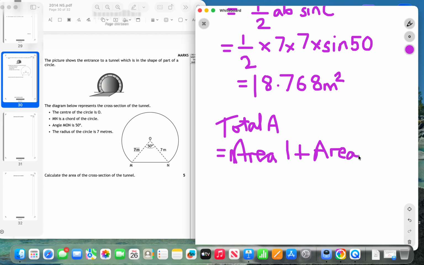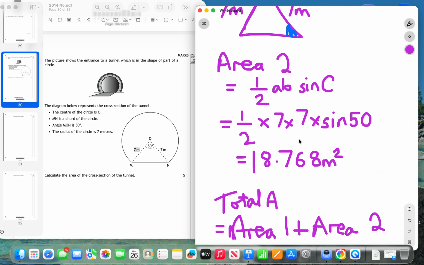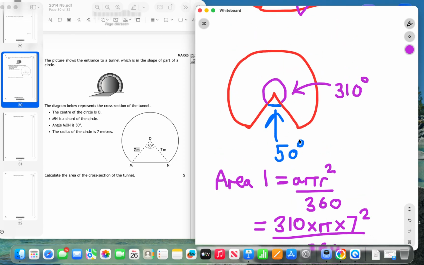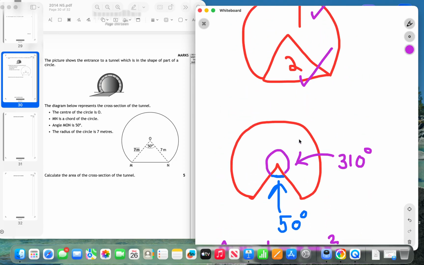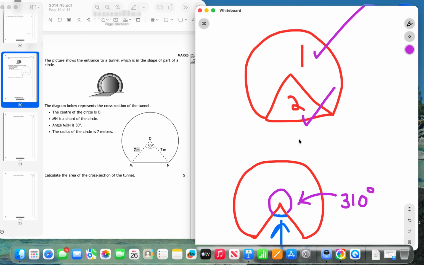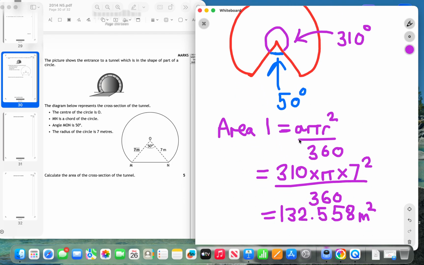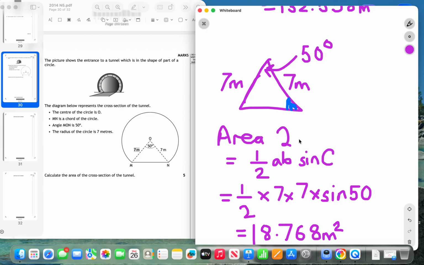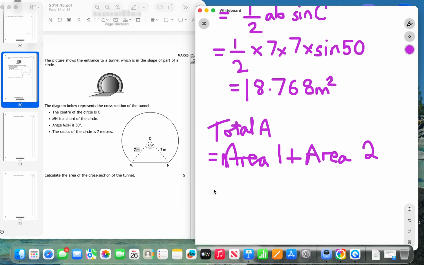And be sure to explain in the question exactly what it is you're doing. Like, as I've shown the diagrams, the best way for the examiner to know your exact logical steps would be to show these diagrams so they know which shape is which. So you label them 1 and 2. You can do this many ways, but I think the easiest way is label this 1 and find 1, then find 2, and the total is,